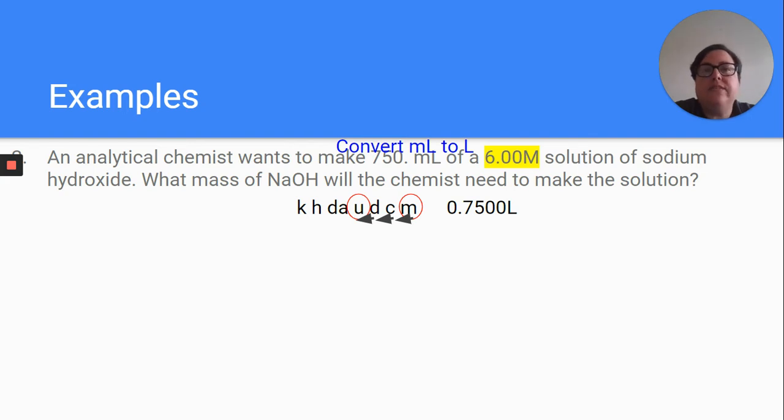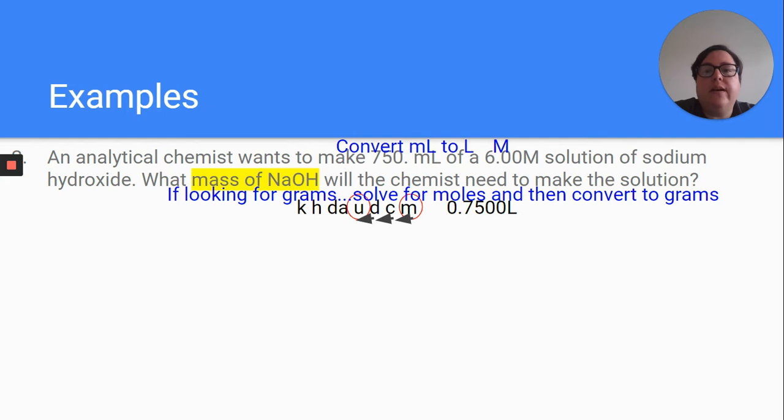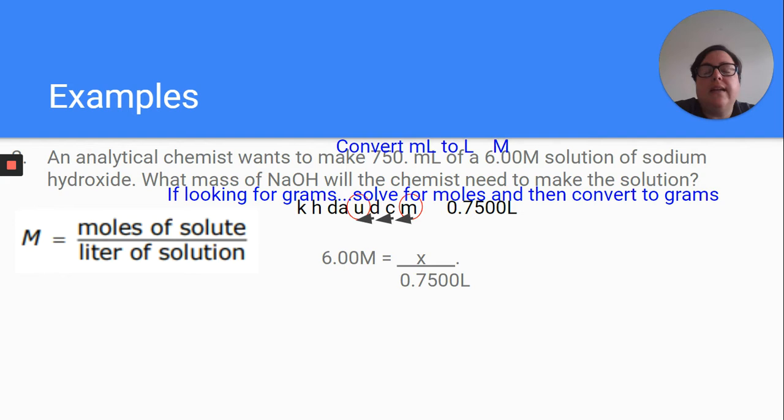The M stands for molarity. That's a big capital M. Now, a lot of students confuse that and want to say that it's moles, but it's not moles, it's molarity. We are looking for the mass of sodium hydroxide. And when we're looking for mass, we're going to solve for moles, and then we're going to convert. So we set up our